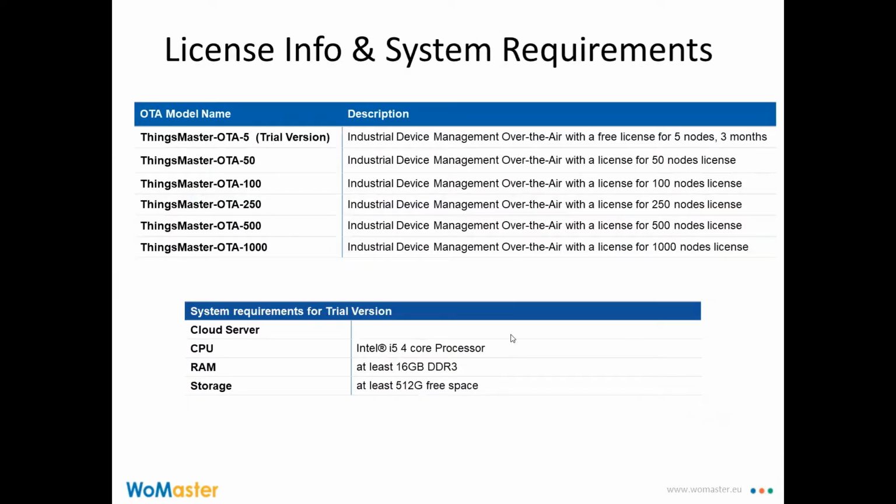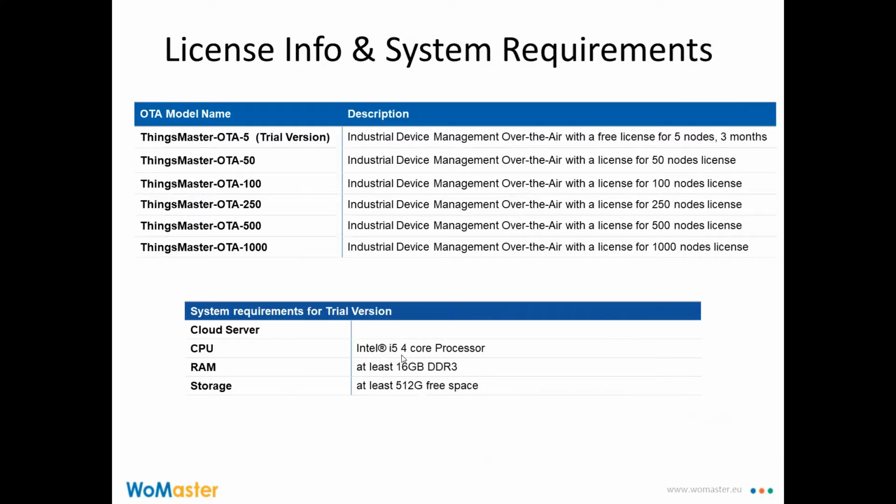And then this is the license information and also system requirements. The license for the trial version supports 5 nodes right now, limited to 3 months. This is for the trial version. The system requirement for the trial version is